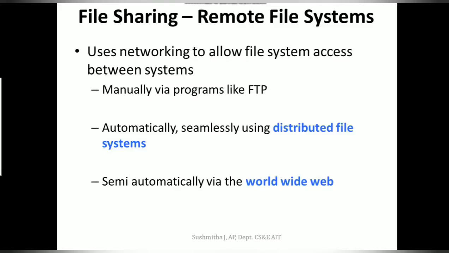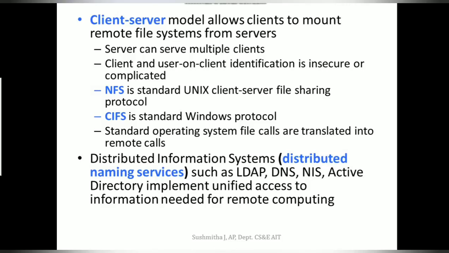In this direction, the other technique that we have is the client server model. The client server model allows the client to mount a remote file system from a server. The machine containing the files is the server, and the machine seeking to access the files would be the client.